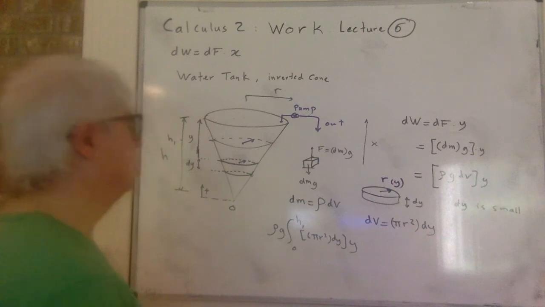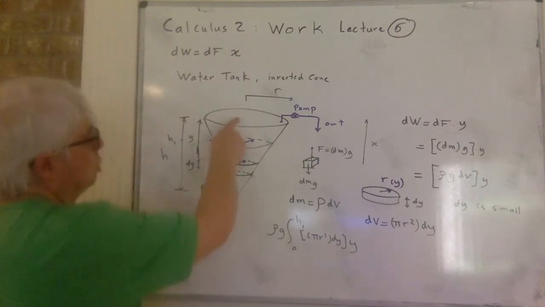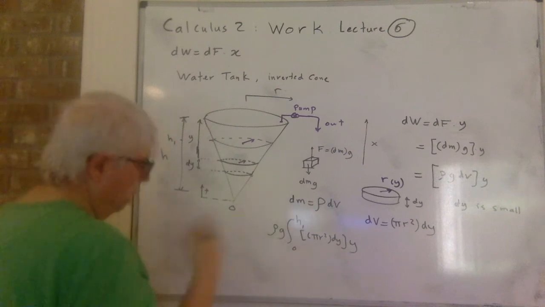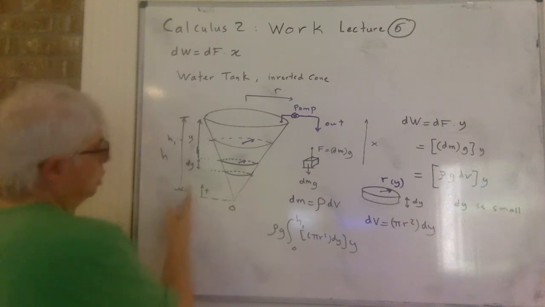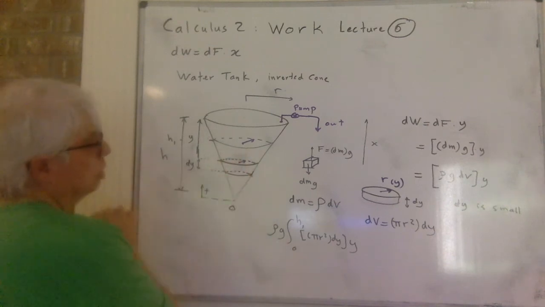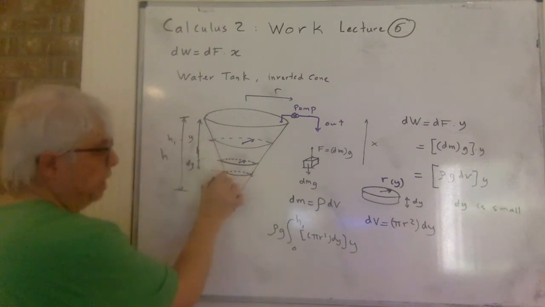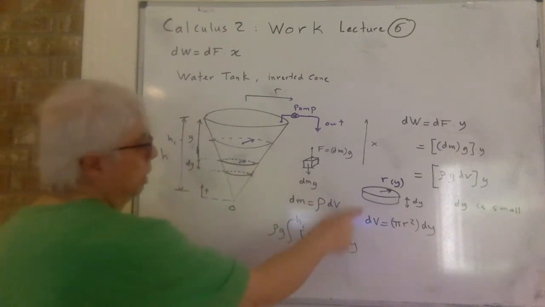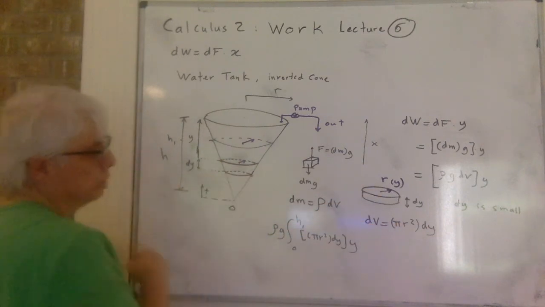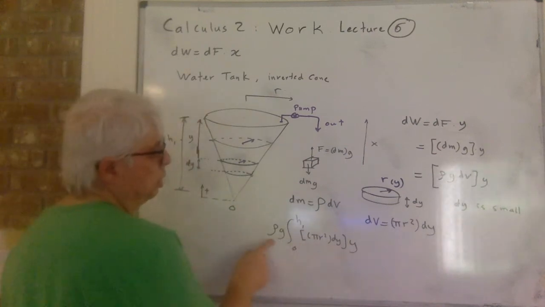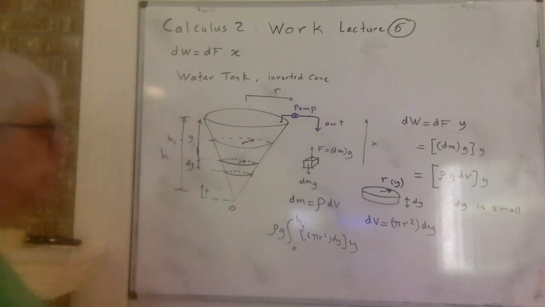Okay? So if I put the origin here, some students prefer this point to be the origin. It depends on your choice. If I put it here, then this direction is positive, and this is in fact the y-axis, so I'm using y. And I said this small portion, this is my dv. dv is pi r squared dy. Pi r squared is this times dy. So that's the dv times rho g, that's the dm times y. So that is my